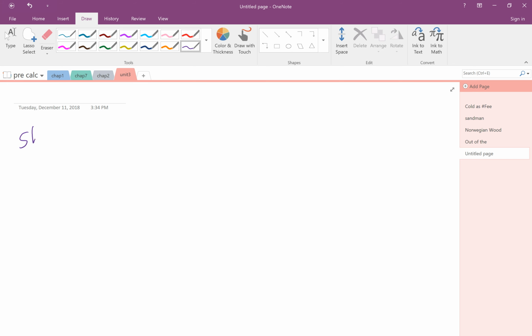Okay, so we're going to take a look at some more on logarithms. Okay, and we're going to apply them to some real life stuff. So let's do this. So we're going to do logarithms